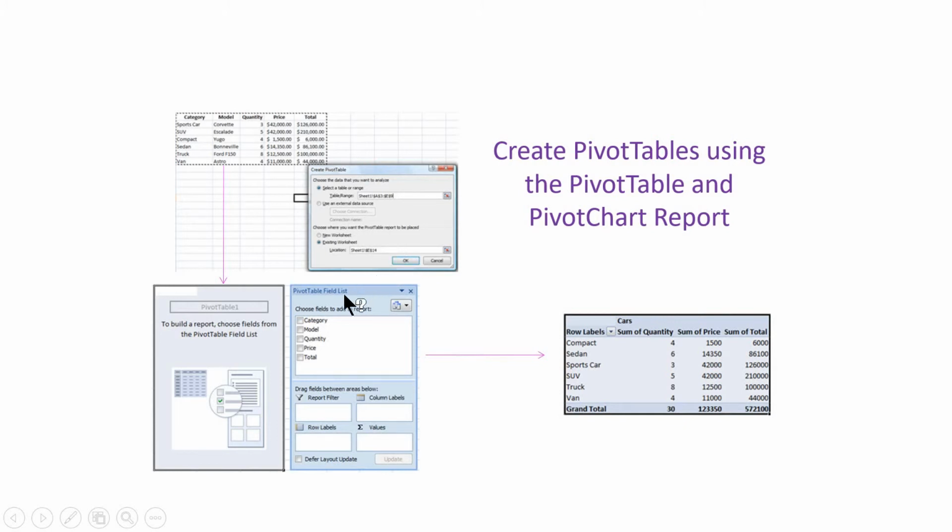Once this is done, then later again here comes out the next dialog box. In this particular dialog box, we have the list of field names or column names available. We have to select the particular field or the column name and drag it to these 4 different areas. Once this is done, later the pivot table report will be generated.